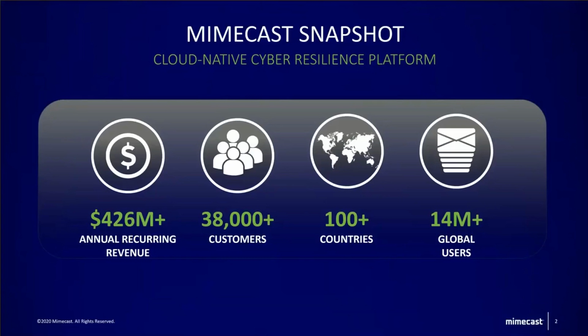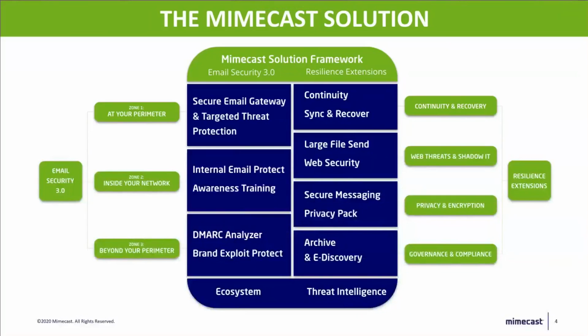Now, the way we evolved over the years is that in the beginning, Mimecast focused mainly on spam and antivirus, and we had archiving solutions as well. But over the last couple of years, we evolved to be more of a security company. This framework that I'm going to take you through will show you how we evolved, what different solutions we cater for customers, and what different problems we solve.